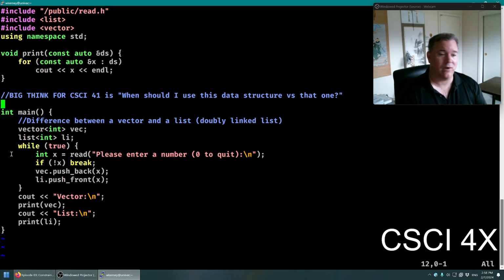If you need push front, clearly vector is not very good. List is much better than it. So if you're always pushing and popping off the front and the back, then a list is going to be a better option than a vector. But if you don't ever push or pop off the front, then a vector is probably going to be better than a list. And so what you're going to be coming away from this class with, assuming you finish and learn everything,